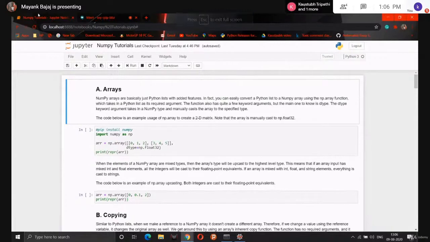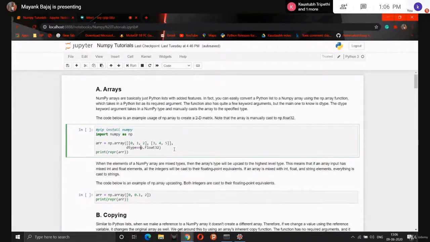So guys, in yesterday's session you learnt about the basic Python programming language, and today's session we are going to start with NumPy. Yesterday we used the Spyder tool of Anaconda Inc. Today we are going to take all the tutorials in Jupyter Notebook. It is also a very handy tool when we need to write both text and code along with it. So we are using Jupyter Notebook for today's tutorials.